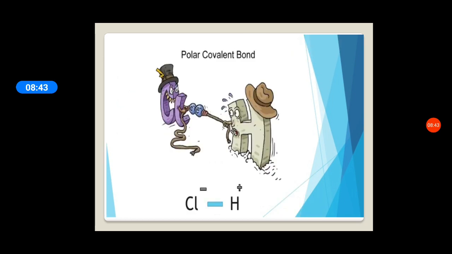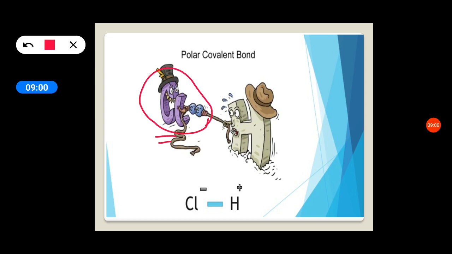That is shown in this HCl taken as an example. So, Cl being more electronegative, it attracts this shared pair of electrons towards itself. Therefore, electron density on the chlorine increases. Electron density on hydrogen decreases. So, there is a small positive charge, delta plus, on hydrogen, and delta minus on chlorine in HCl.